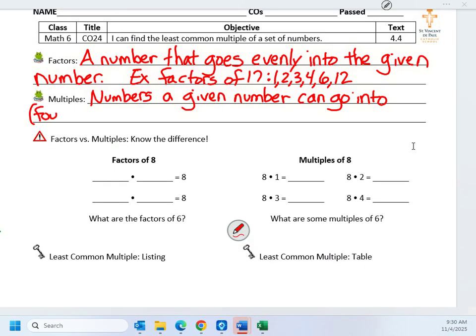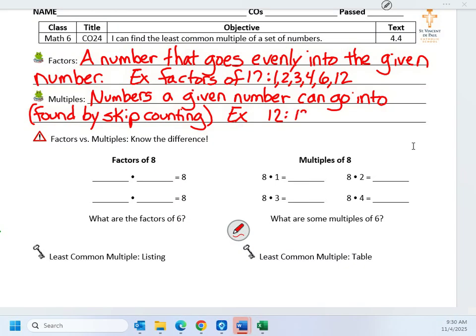This is found by skip counting. Examples of multiples of 12